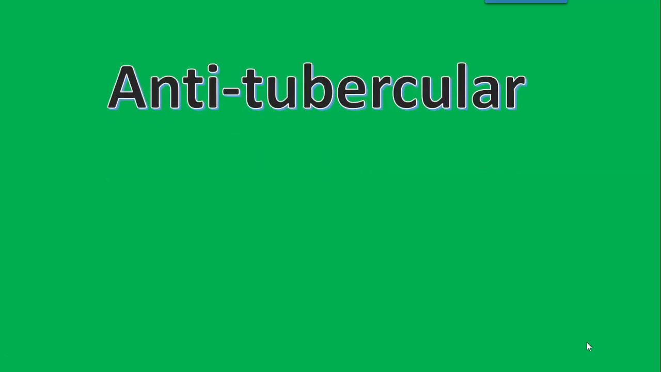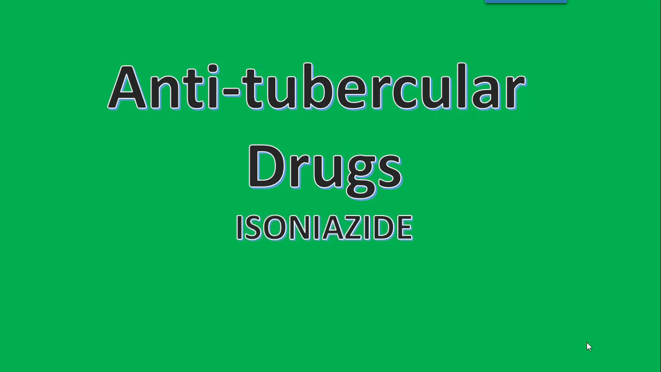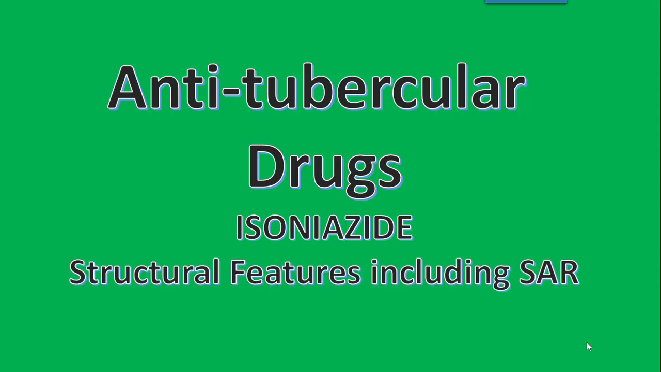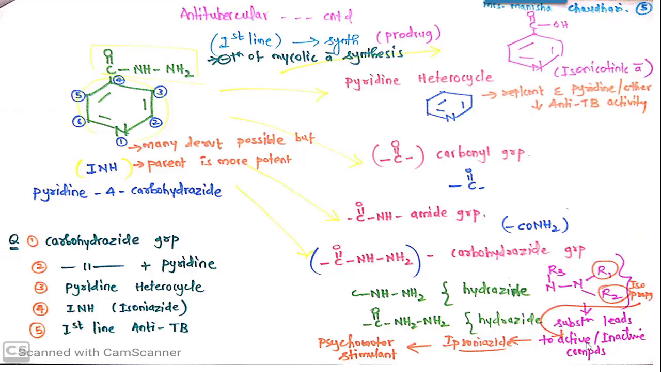Hello dear learners, in today's video we are going to talk about an antitubercular drug, that is isoniazide. Full form is isoniazide and it can be abbreviated as INH. We are going to talk about the structural features including SAR of isoniazide. Now as you all know, INH is a first line antitubercular synthetic derivative